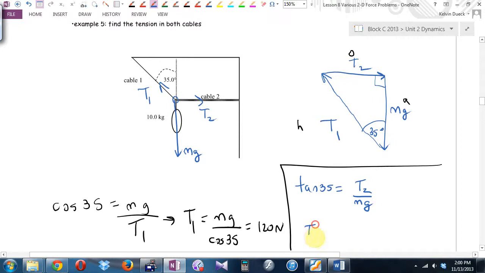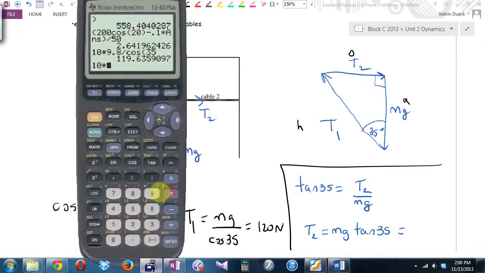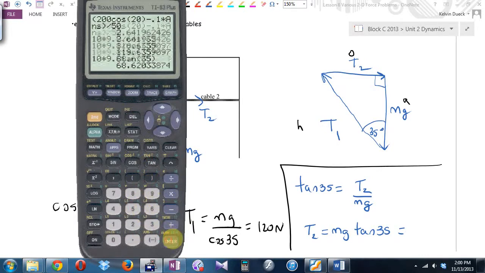What does tension 2 equal? Oh, mg times tan 35, yes? 10 times 9.8, tan 35. 68.6